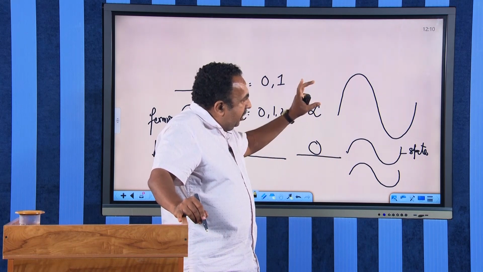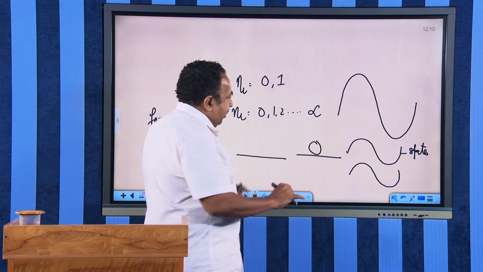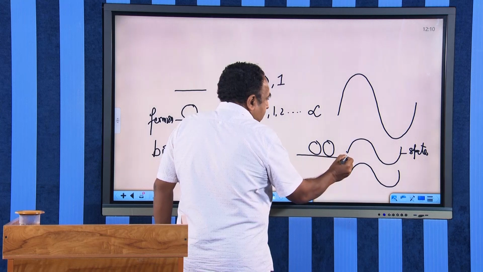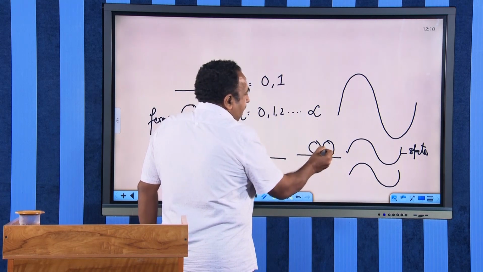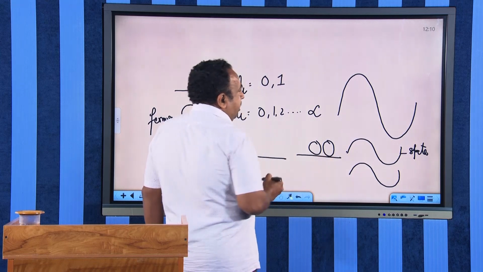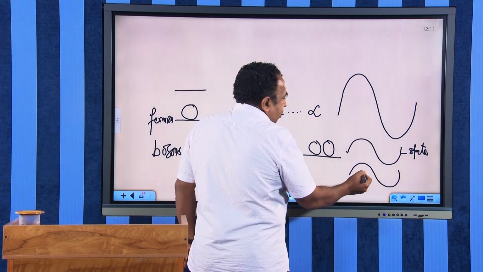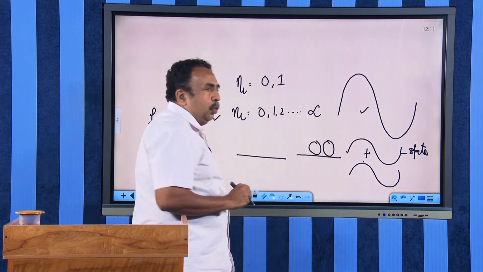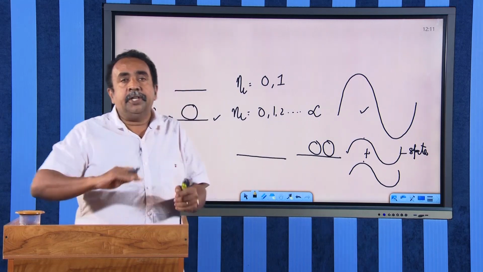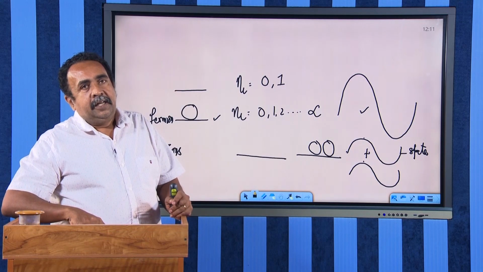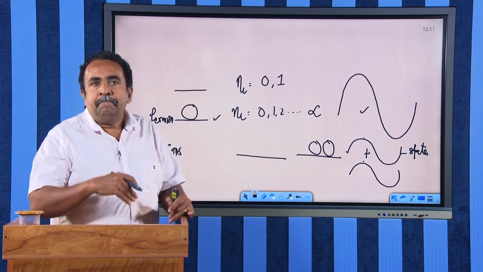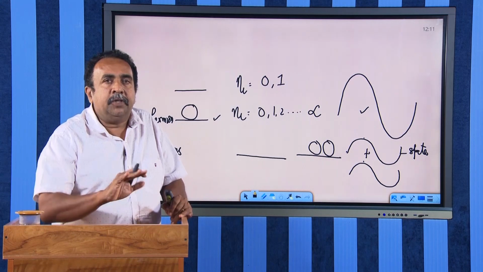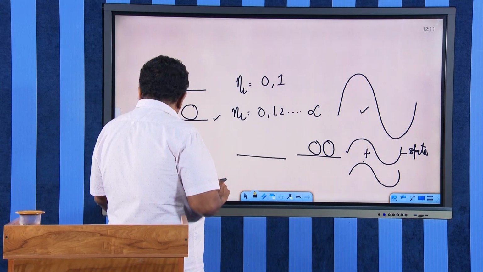If I say that they are in the same state, I cannot represent it like this. If I represent it like this, these two are in different states. Even though the state is represented like this, I cannot say they are in the same state because there is a separation between them. When I say they are in the same state, this and this will be added together and I will get a new state, that is two particles in the same state. Therefore, this is the way in which you will be able to introduce all the quantum properties into the system.